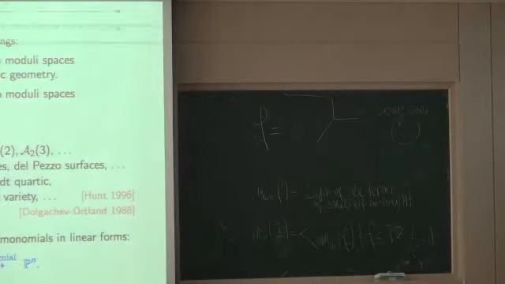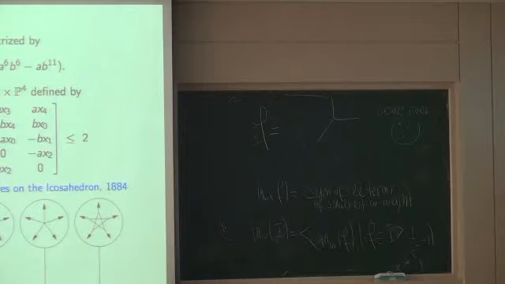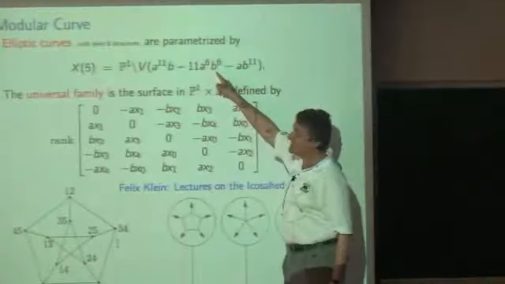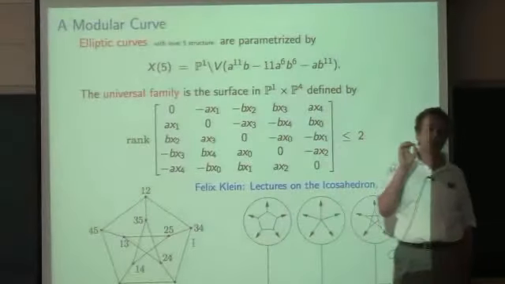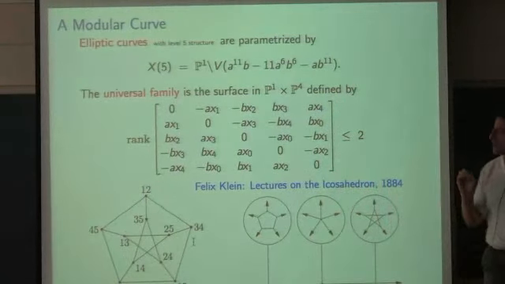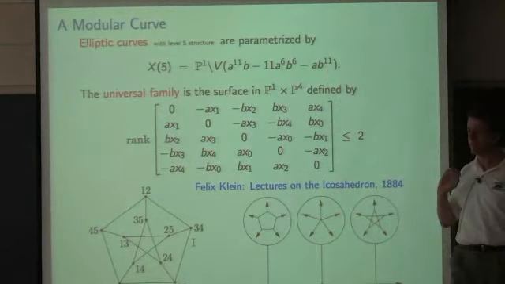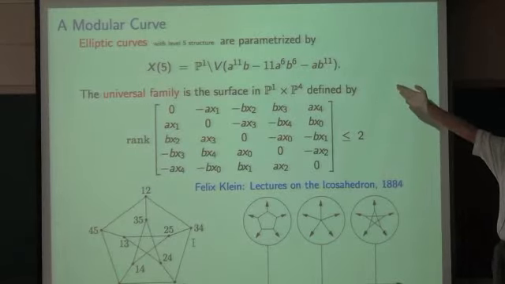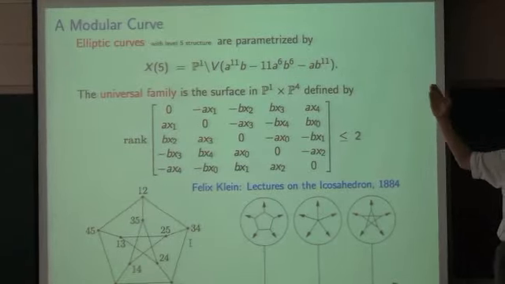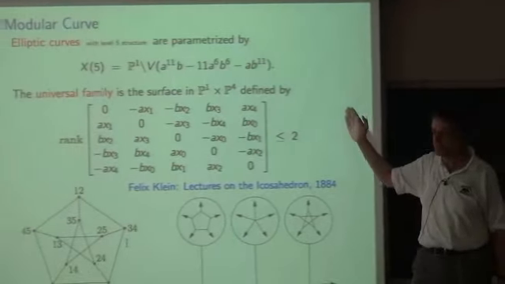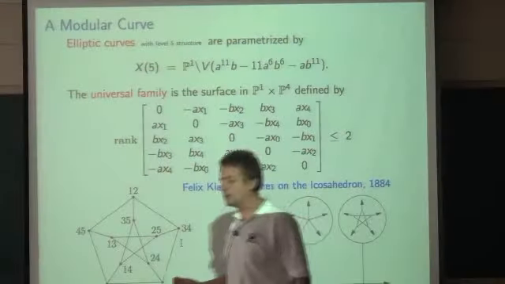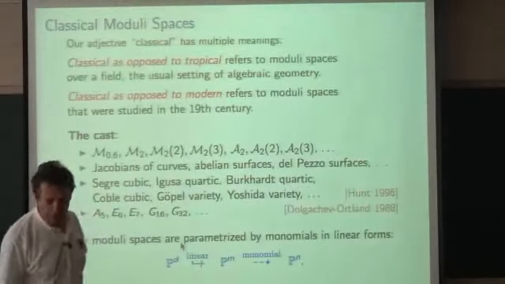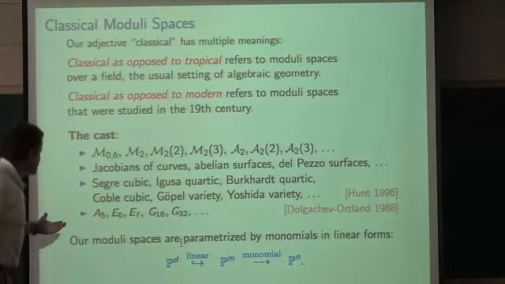So for example, if you look at this, it doesn't look like much, right? But this thing intrinsically has the symmetry group of the icosahedron. I'm sorry, of the icosahedron, right? So this looks like a harmless binary form, but what you're supposed to see is the symmetry of the icosahedron. Okay, so therefore, when we talk about modular varieties, there will be a lot of symmetries, and these are the